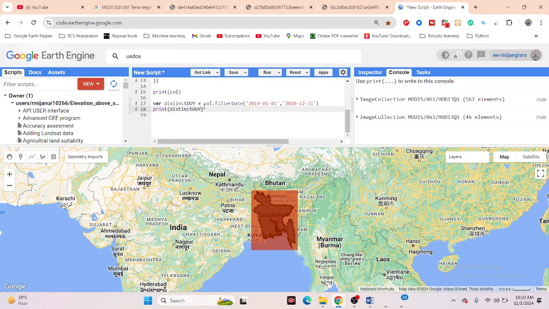Now after doing this, we need to define a filter that identifies which image from the complete collection matches the day of year from the distinct day of year collection. For that, we need to filter. We just use the filter equals, then take a variable. Suppose I put the variable name as filter, and I define here ee dot